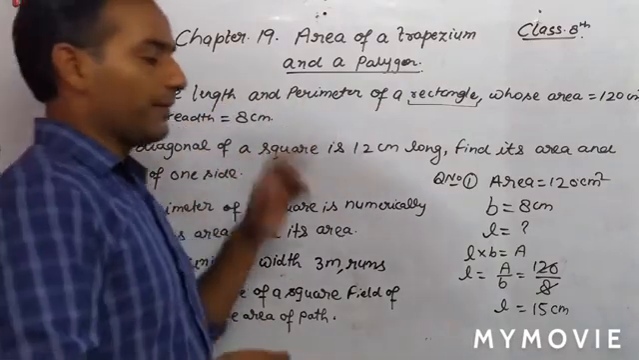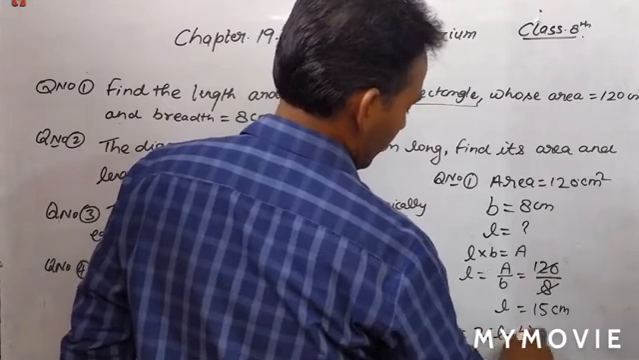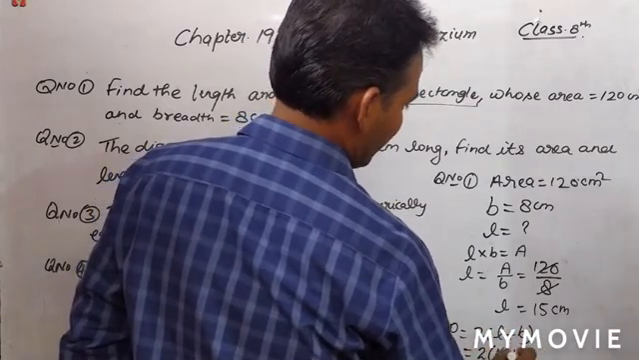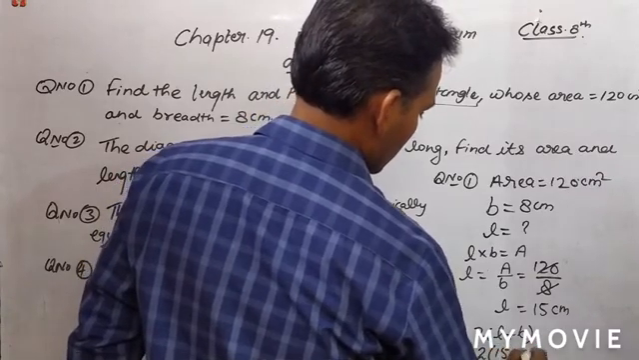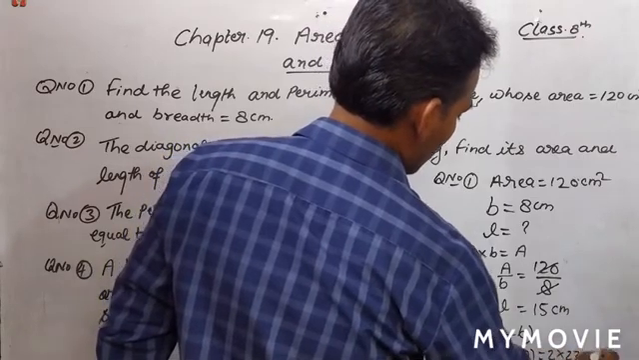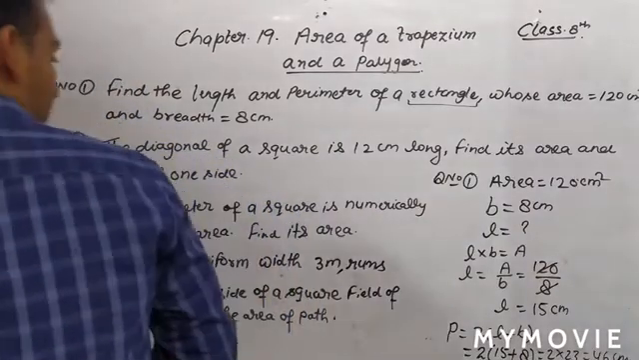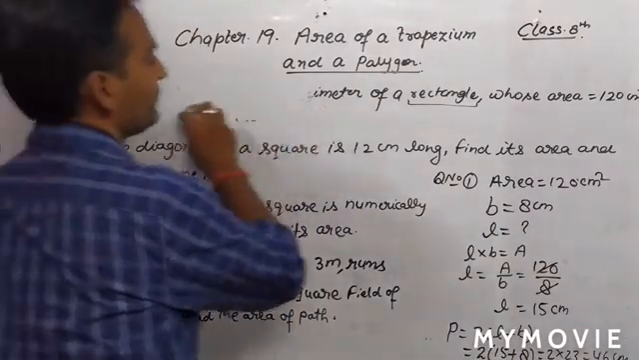Okay, and perimeter. So perimeter will be 2(l plus b) for a rectangle. So l is 15 and breadth is, sorry, breadth is 8. So 2 into 15 plus 8, 23, that is 46 centimeter will be the perimeter of the rectangle. Okay. Now, for the second question,